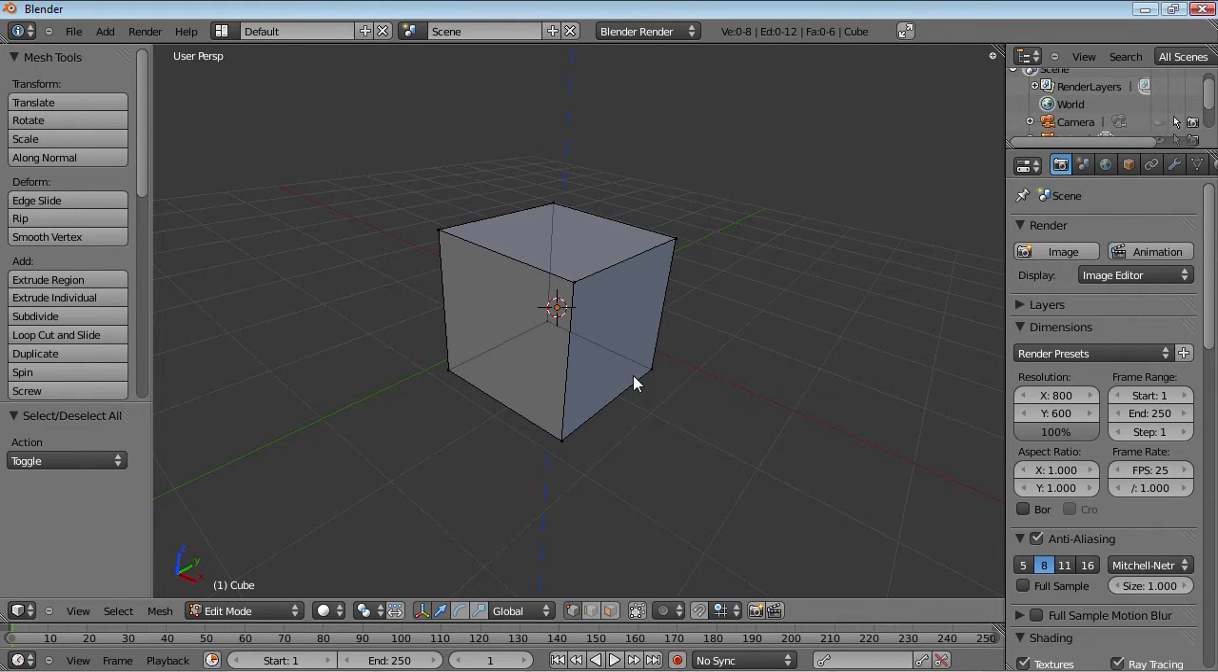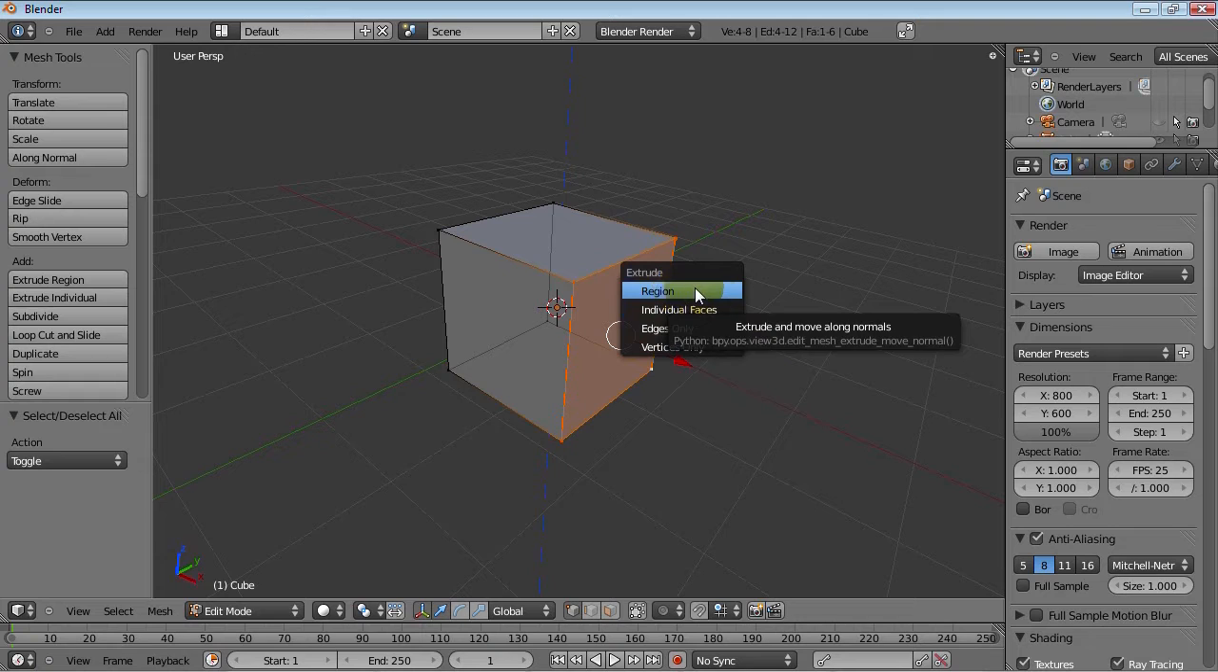If you're in 2.49, you might get this menu, or you should get this menu as soon as you press E. You get region, individual faces, edges only, or vertices only. Now in 2.5, or actually 2.53, which is the one I'm using,